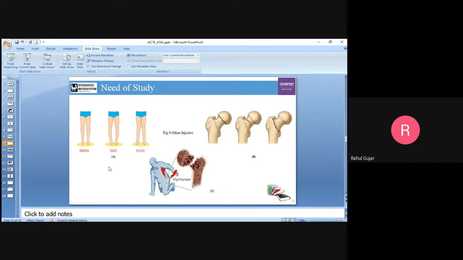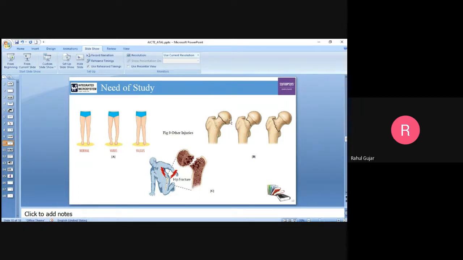Another reason, apart from that, is a few diseases like coxa vara and coxa valga. You can see that the legs are splayed or contracted. This type of problem we have observed many times in people. These problems are present from childhood, and because of that, there is again a different load distribution. There is no uniform load distribution on your long bones, and therefore again there is a need to study the mechanical properties of these bones.